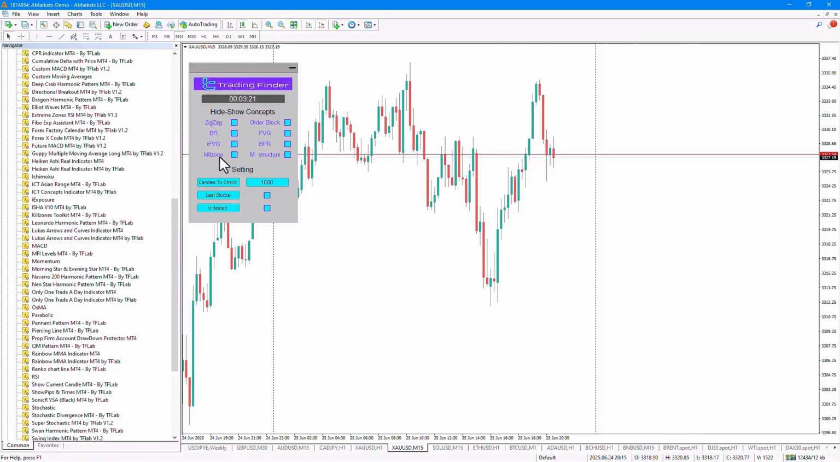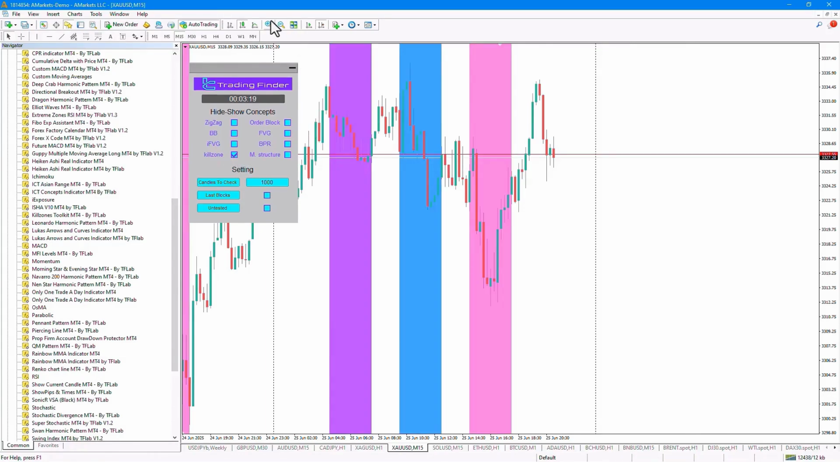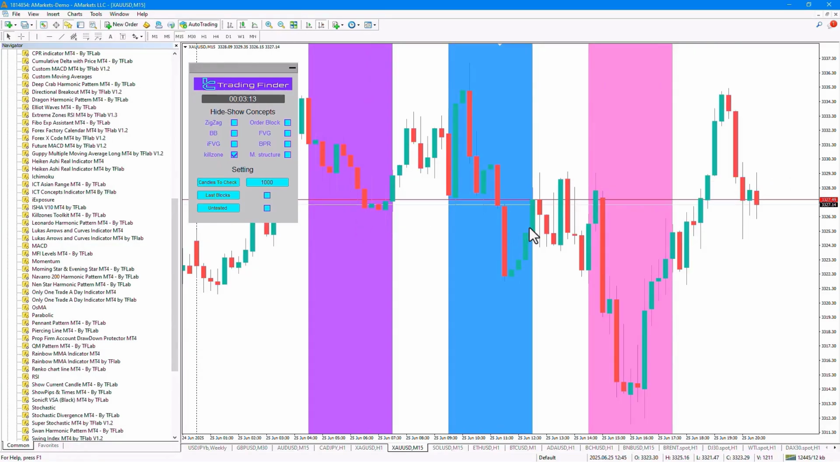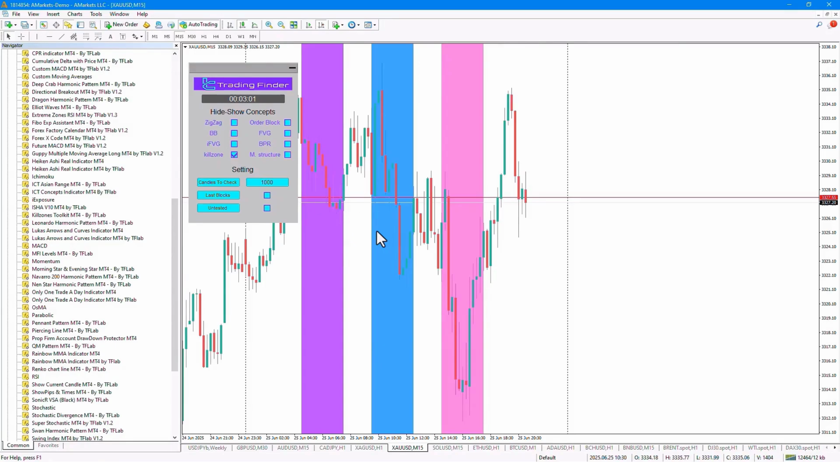The next section is related to the Killzone. By enabling this section, 3 Killzones, Asia, London, and New York, are displayed, with the Asia zone in purple, the London zone in blue, and the New York zone in pink. By enabling the Killzone area, traders can identify key time intervals in financial markets where the highest volatility and trading